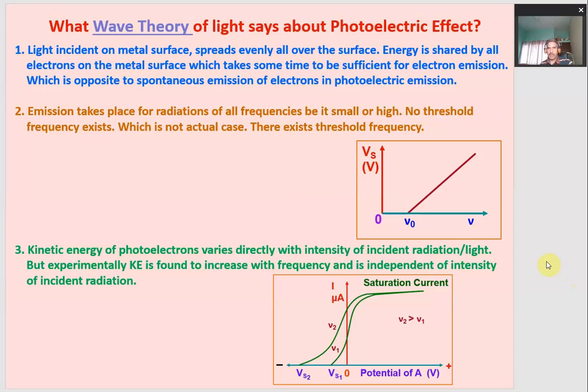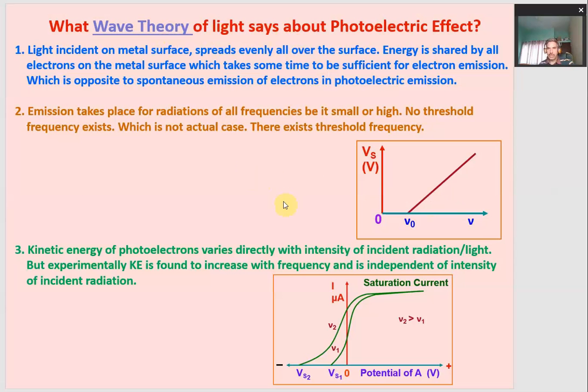Last day we discussed the photoelectric effect which light waves, or we can say light as electromagnetic radiation, show. So we discussed the experimental setup of the photoelectric effect and discussed its outcomes, or we can say results. These results of the photoelectric effect are nothing but the laws of photoelectric effect. So today we will try to explain these laws of photoelectric effect first on the basis of the wave theory of light and then on the basis of Einstein's theory of light.